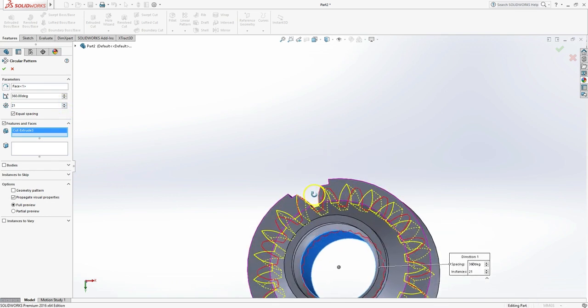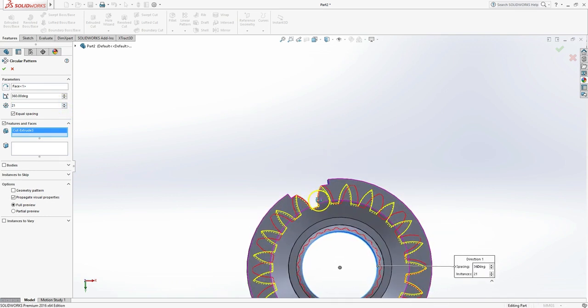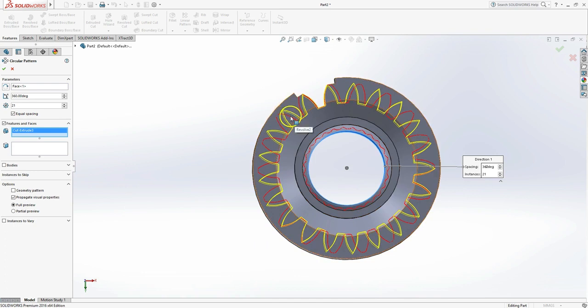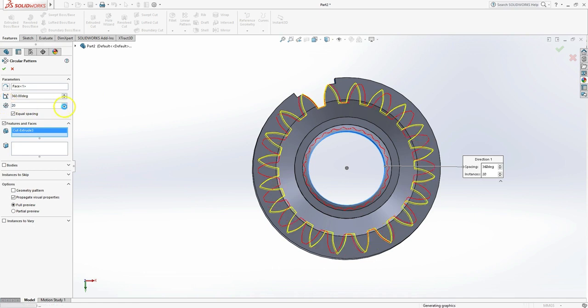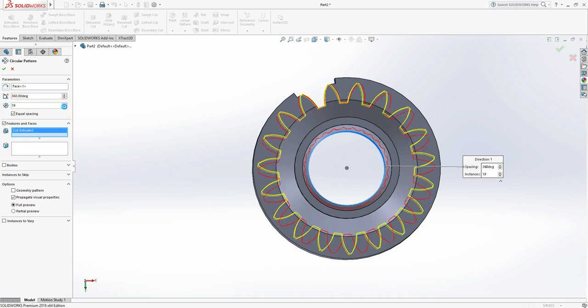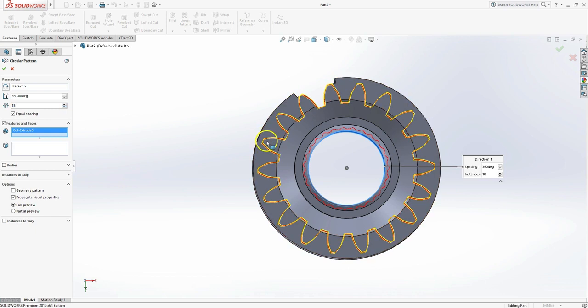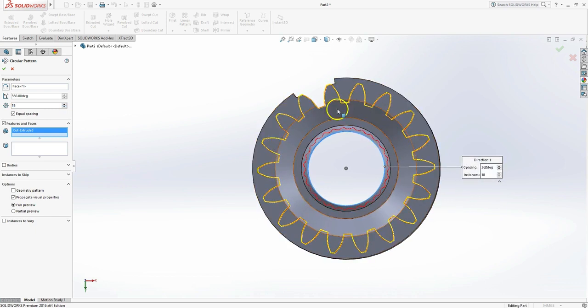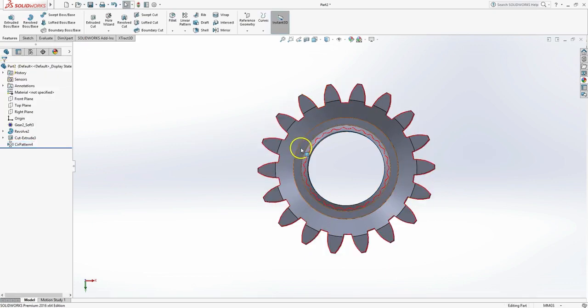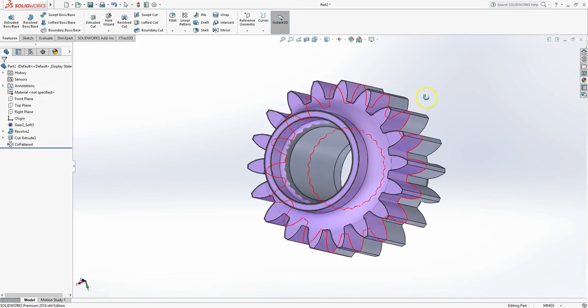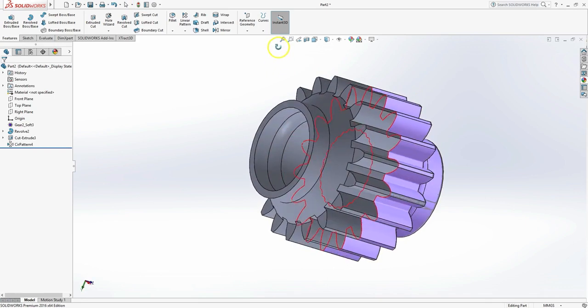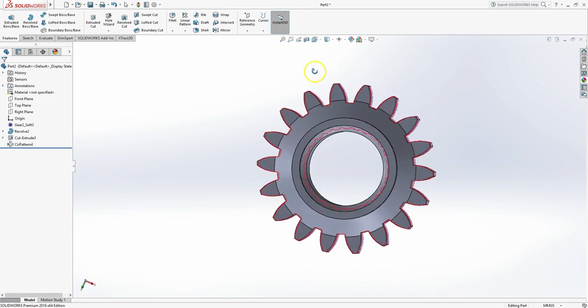Okay, we're going to guess the number of teeth. You'll notice that the yellow lines are the ones that are going to come out of the pattern, and the red lines don't quite match up because I have the wrong number of teeth. I'm going to adjust this until they line up. 19, 18, there we go. So that's exactly 18 teeth. I didn't even have to count, it just showed up. And we're going to cut that with the pattern, and there we go. So we've just cut the exterior tooth profile on the gear.